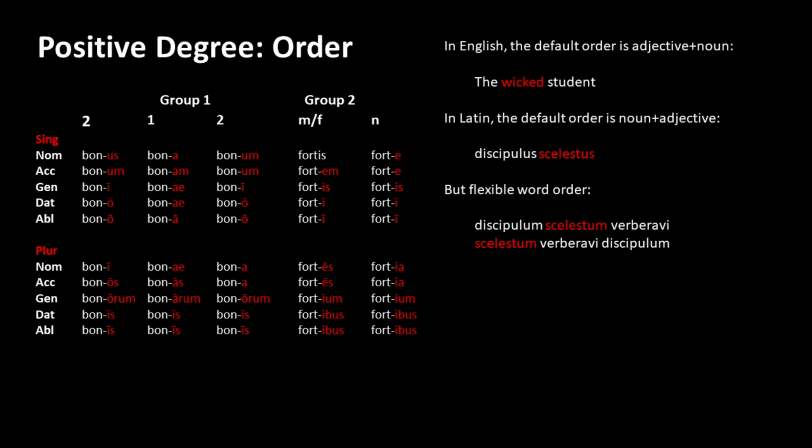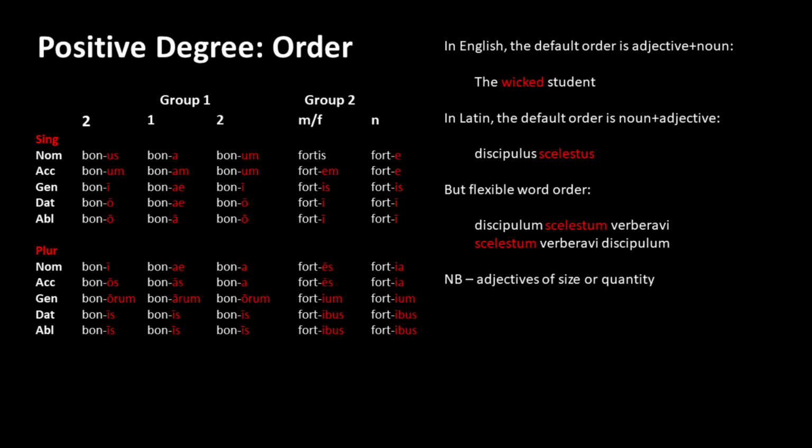I can shuffle the words like playing cards according to where I want the main emphasis to fall. Is this a statement about a student who happens to be wicked, or a wicked student, or according to what sounds better? But as said, the default order is noun plus adjective, except